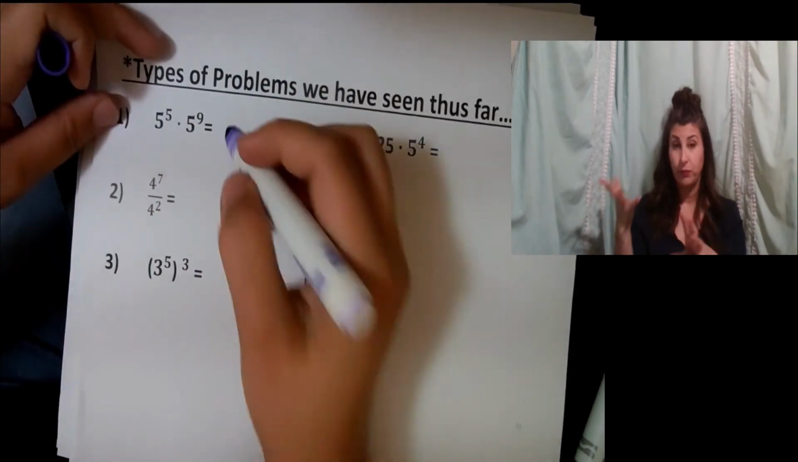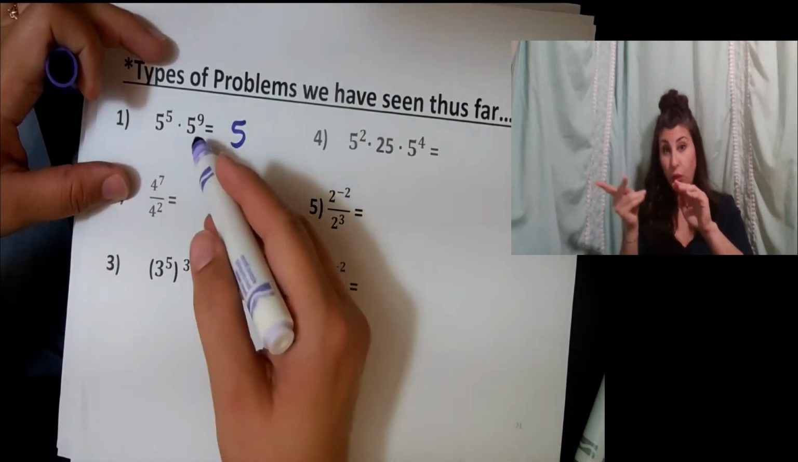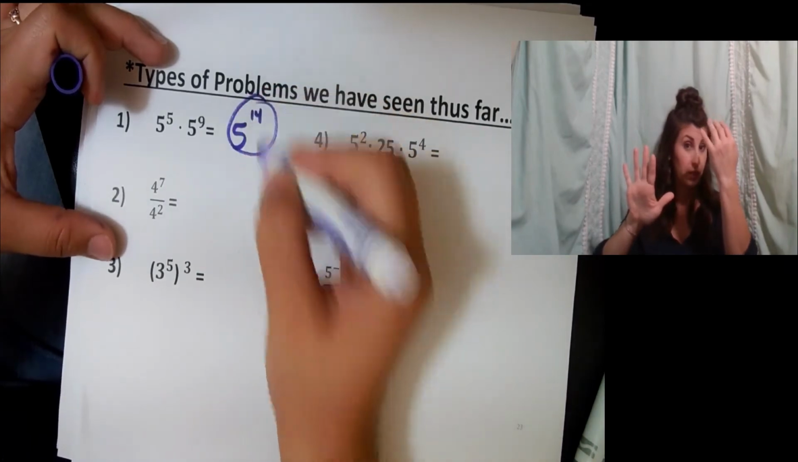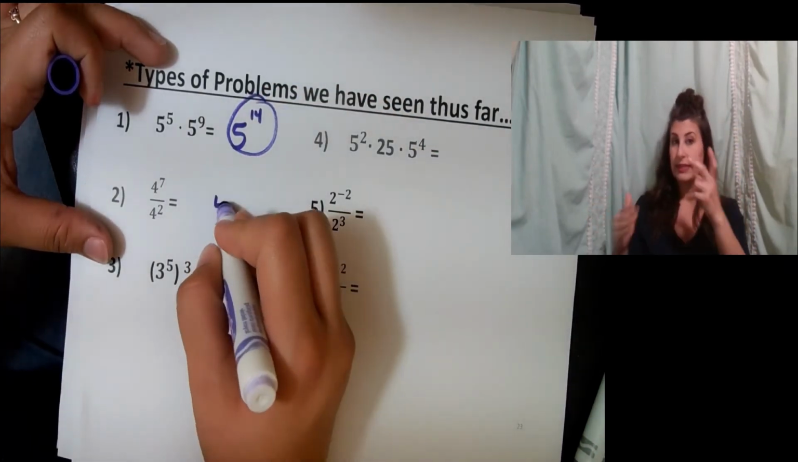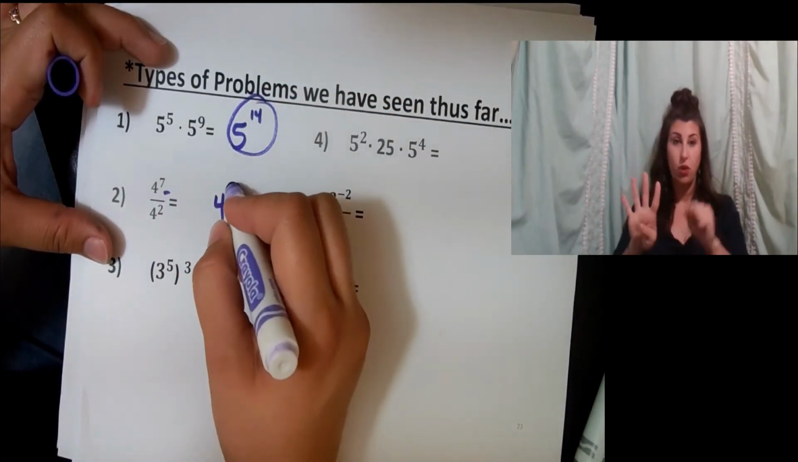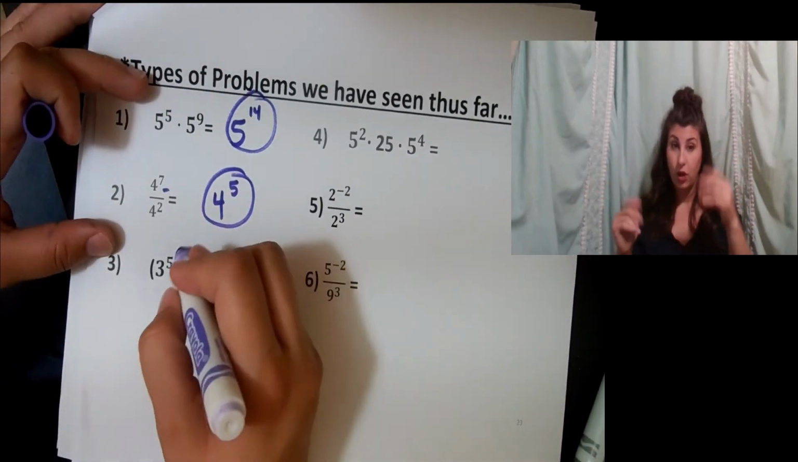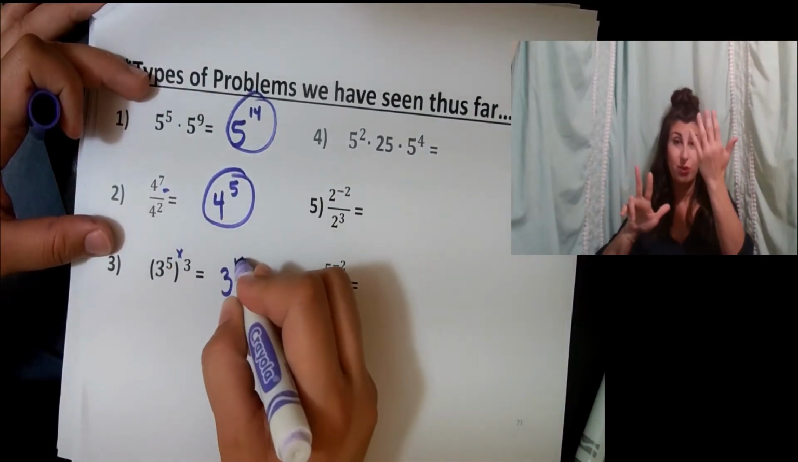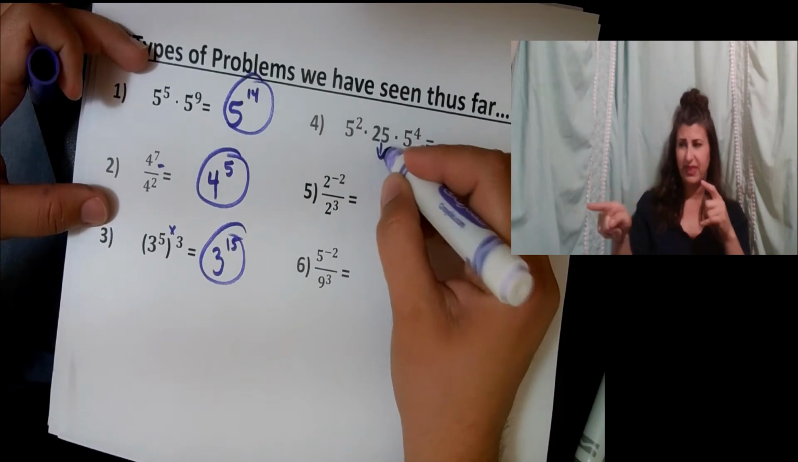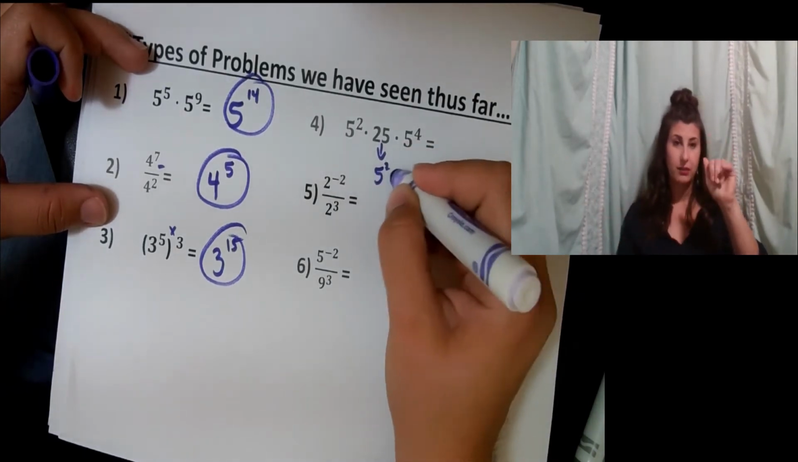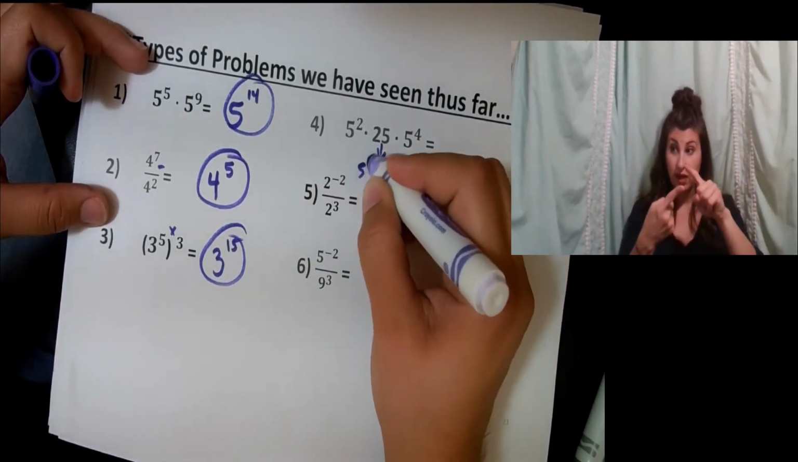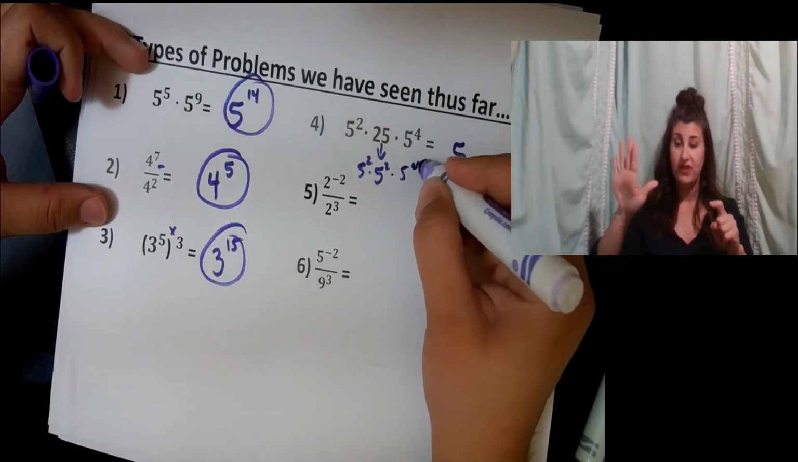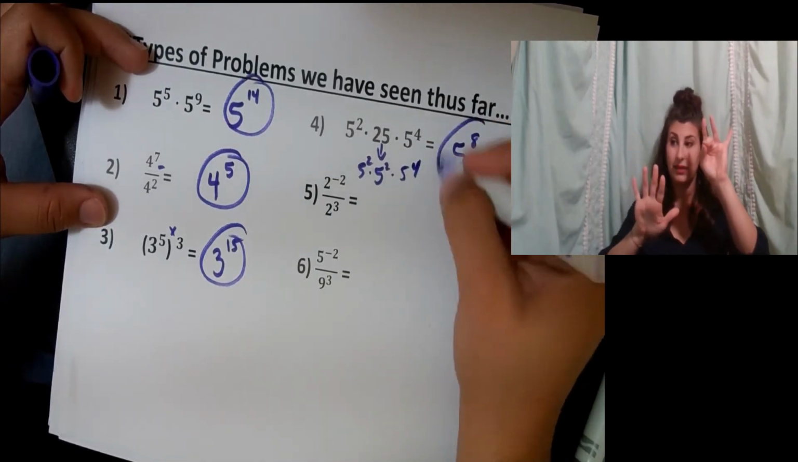Where we are adding these ones, it'll be 5 to the 14th. Here, we're saying we're subtracting those, so it'll be 4 to the 5th. Here, we're multiplying these, so it'll be 3 to the 15th. Here, we're finding like bases and then simplifying, and that will be 5 to the 4, 5, 6, 7, 8th